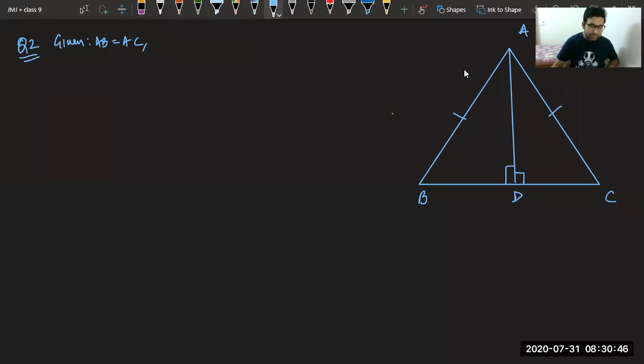It is not bisecting BC. If it was a median, if it was a perpendicular bisector, in that case only it could have divided BD equal to DC. Okay, in this case it is only a pillar. At our homes also we have pillars. They are altitudes. Sir, it intersects perpendicularly. Yes, beta, but that doesn't mean it is bisecting also. You are correct. It is intersecting perpendicularly, but that doesn't mean, because let me show you an example.